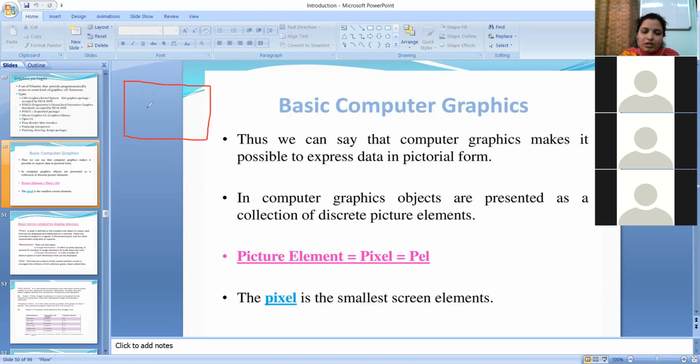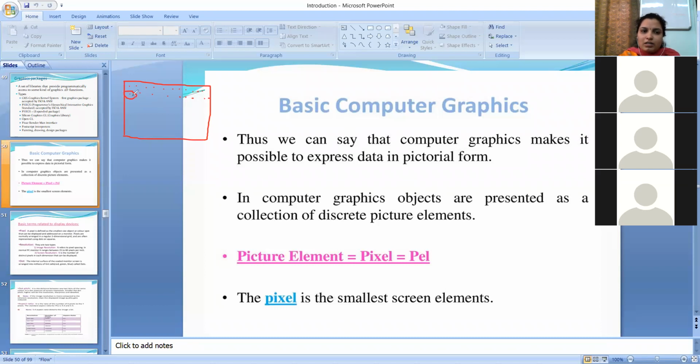As soon as you execute the program, you get that black output screen. And now, as the graphics mode has been initialized, that screen is totally divided into a number of pixels. You can see like this, the screen is converted into a set of pixels, and a pixel is nothing but the smallest element on the screen. So consider this is the smallest element on the screen.